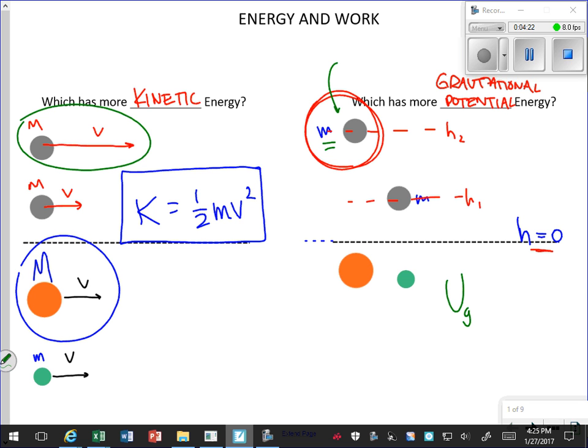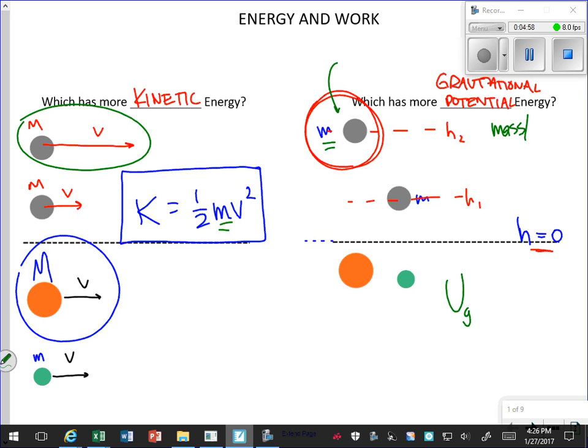Because the whole reason that this thing does have some sort of stored energy is because it's in the Earth's gravitational field. And therefore, if we let it, the Earth's gravitational field could turn this energy of position into some other kind of energy and get it moving. And so it's really important to start thinking about systems of objects and what we're defining to be our system. Kinetic energy is just an object moving, it has energy. But gravitational potential energy really is